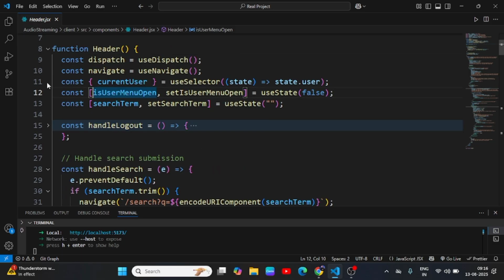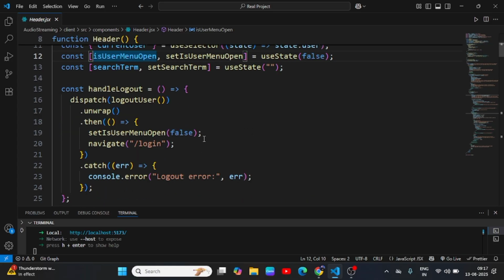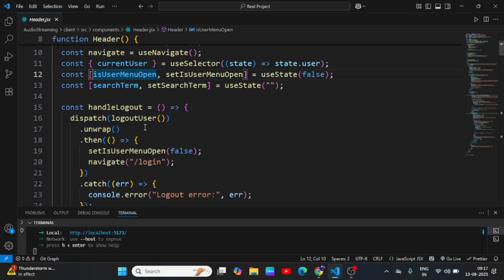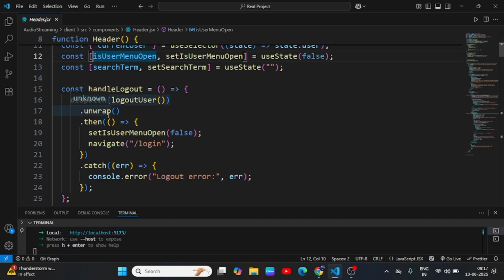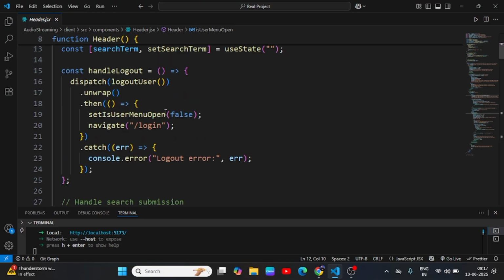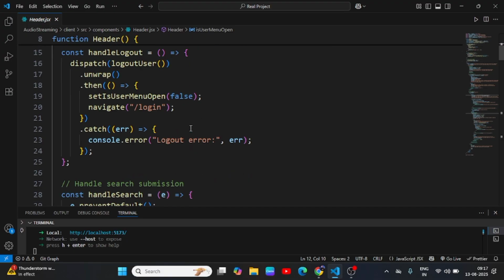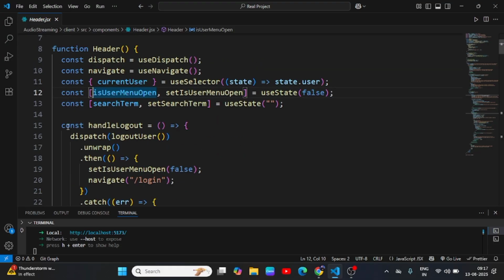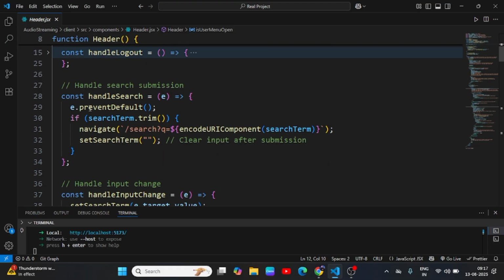And this is the handle logout logic. So we dispatch the logout. Okay, we dispatch logoutUser, and then we call unwrap. Then we set isUserMenuOpen to false, and then navigate to login, right? Yeah, and then inside catch we just catch it and log the error. So this is the handle logout, and then this is the handle search submission, which means